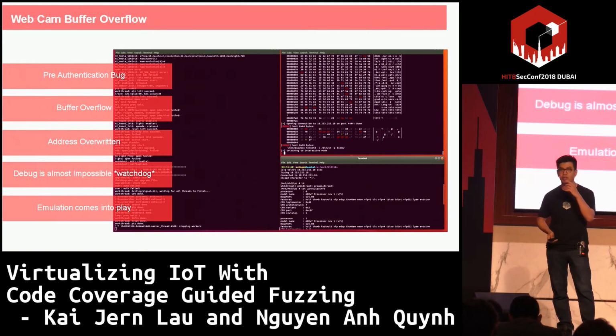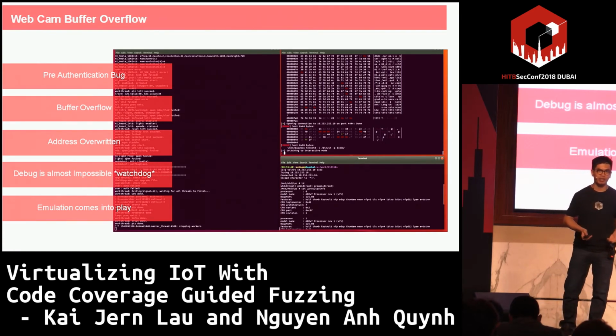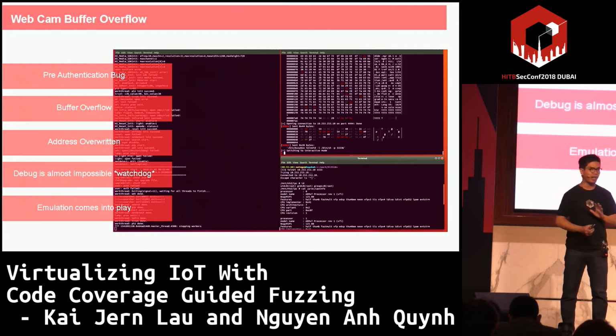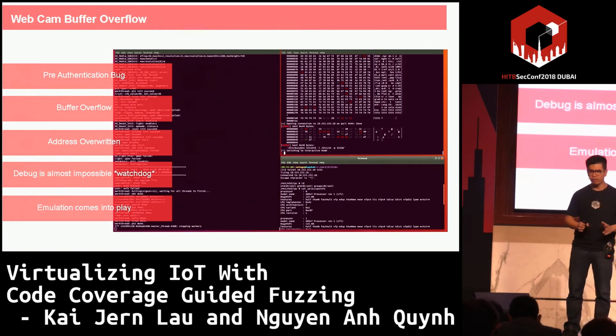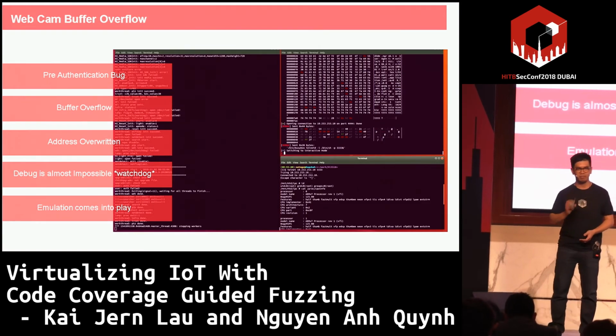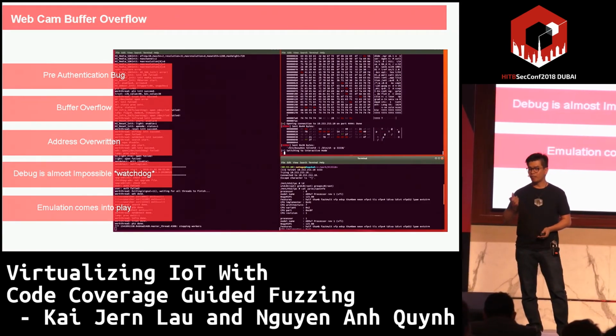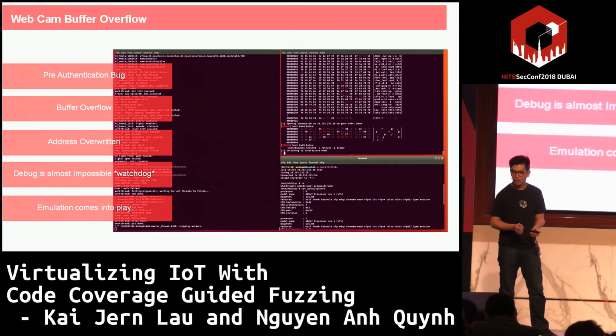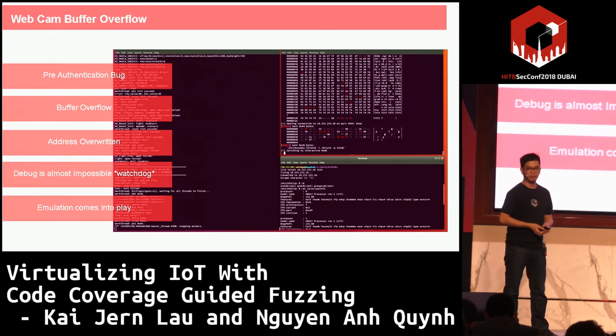So we extract out the firmware. How do we extract it? This is a very fun camera. You cannot find any firmware on the official website. They don't even have an official website, for whatever reason. So what we did is we extracted the firmware from the chip using a reader. We rearranged the partition, and